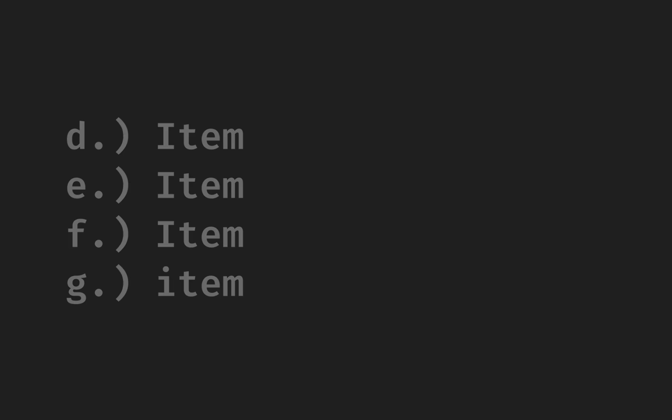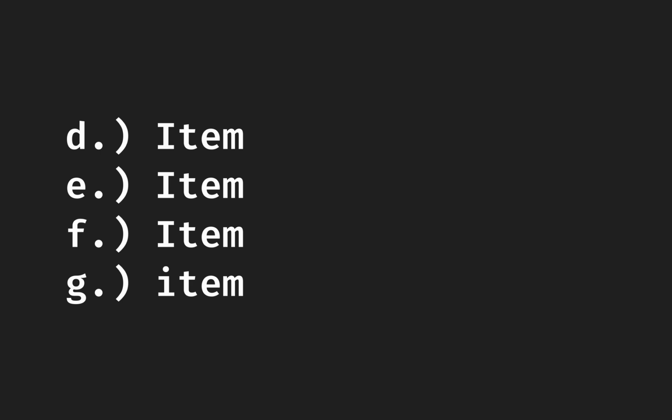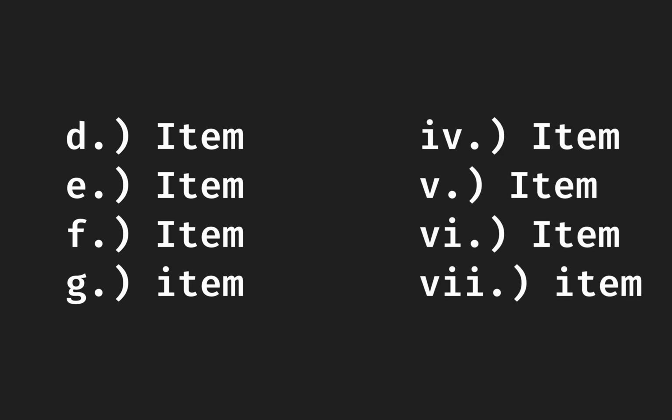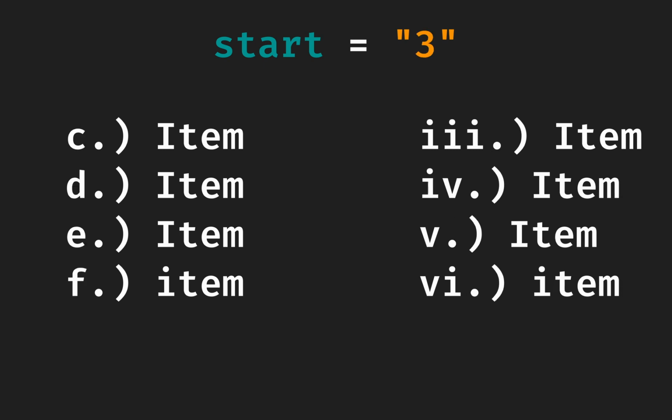For example, if you start your list with the letter D or the Roman numeral 4, you need to specify that the starting number should be 4. To do this, use the start option and set its value to 4. If I wanted to start from C, I will set my start number to be 3 because 3 is the